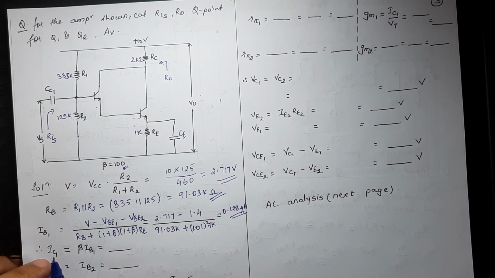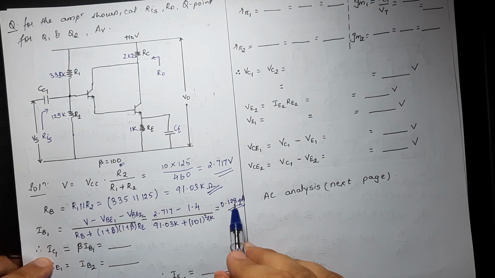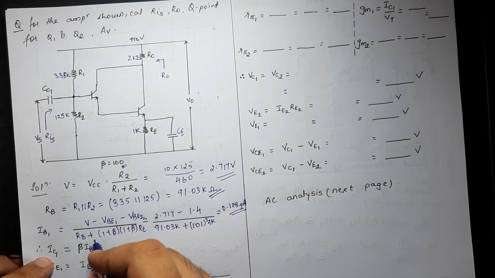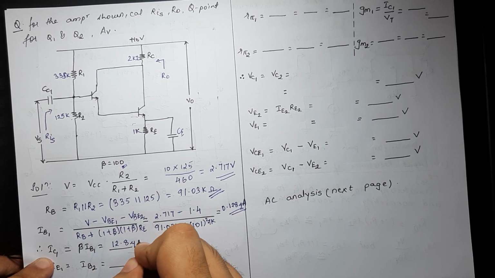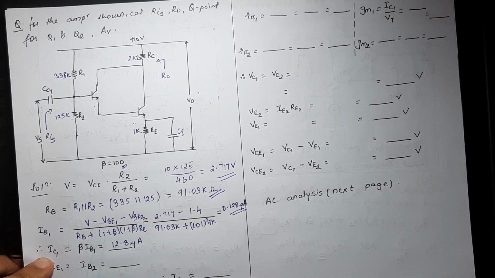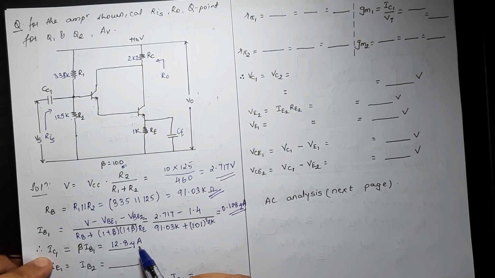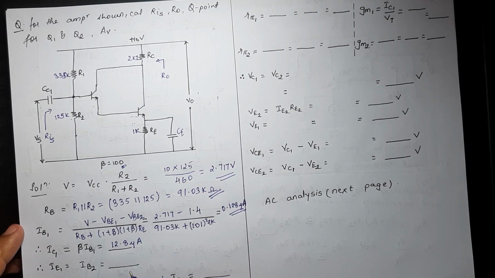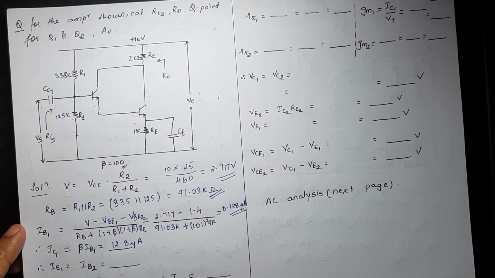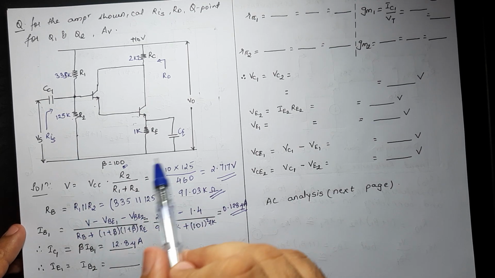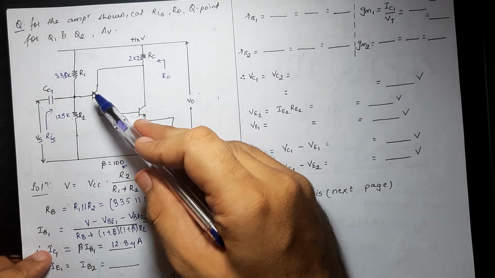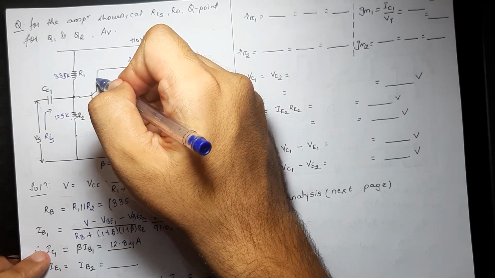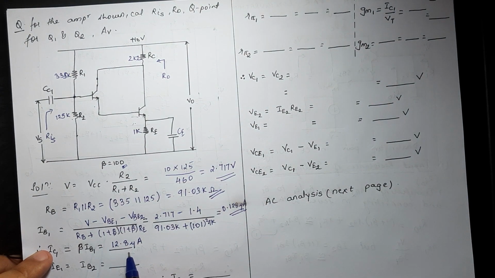Now IC1, the output current of the first transistor, is given as beta into IB1. IB1 is this, multiplying that result with 100 would give me somewhat 12.8 microamps. This is for the very first time that your IC is coming in micro. In all the numericals we did till now, generally we used to get IC in milli, but since it is a two-stage amplifier and a Darlington pair configuration on top of it, the value of IC1 here is nothing but 12.8 microamps.